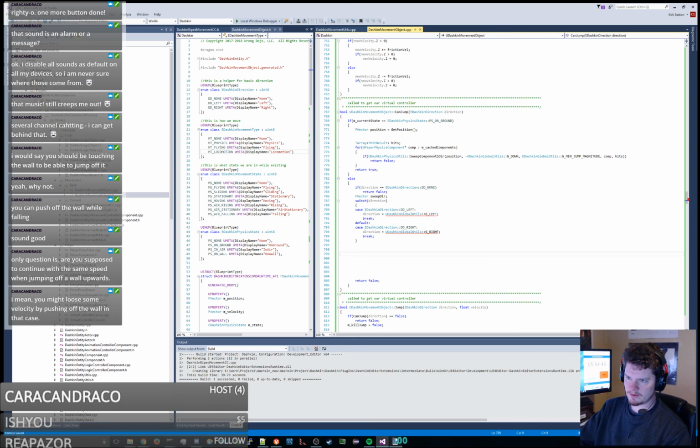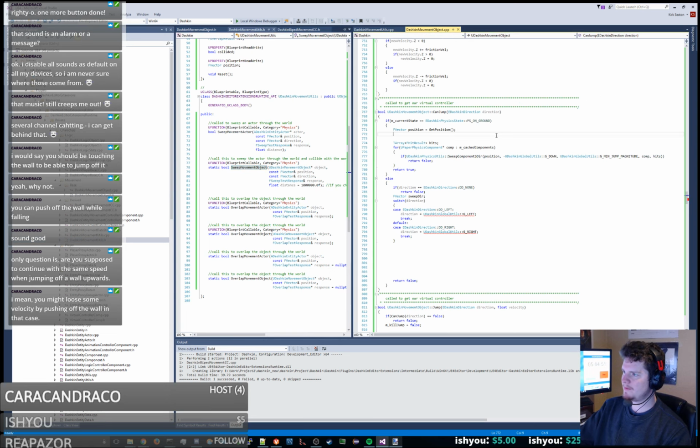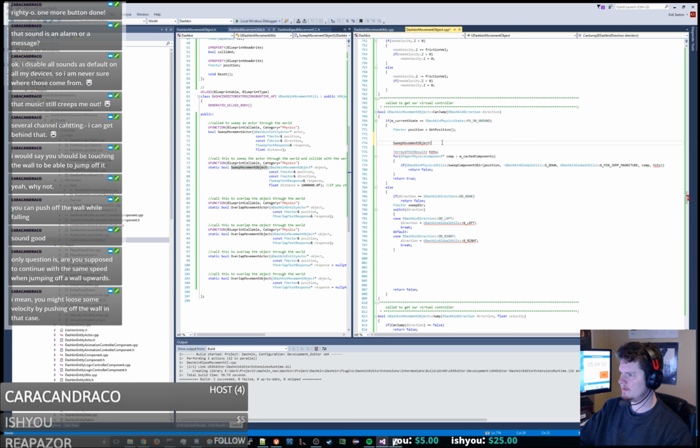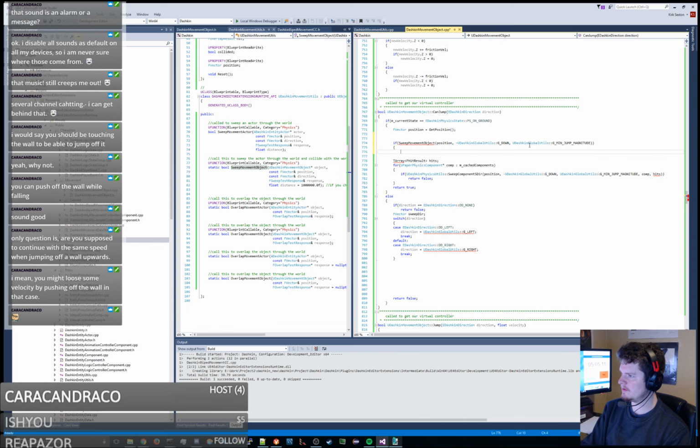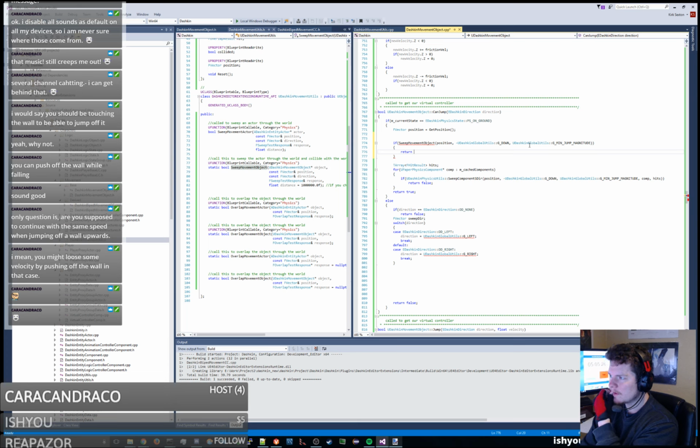Okay, so direction is there. We need to use our movement utils to swap this out. So sweep movement object, and we're going to go for position. We're going to go in the negative down direction. We are going to sweep for min jump magnitude, and it's going to add a little bit to it, which is fine, and that's it. So we're just going to say, if we swept an object and we collided, we just return